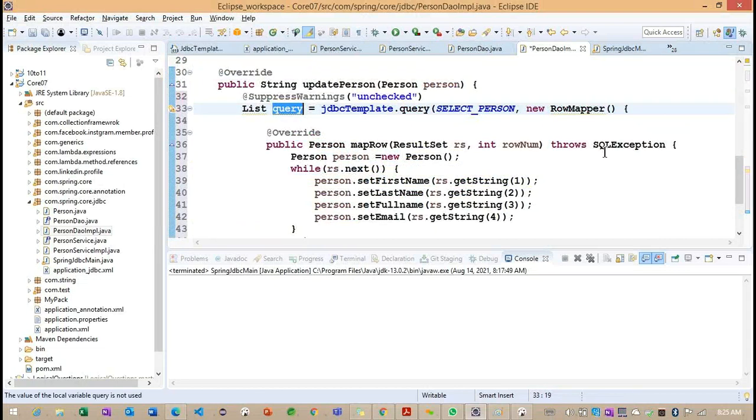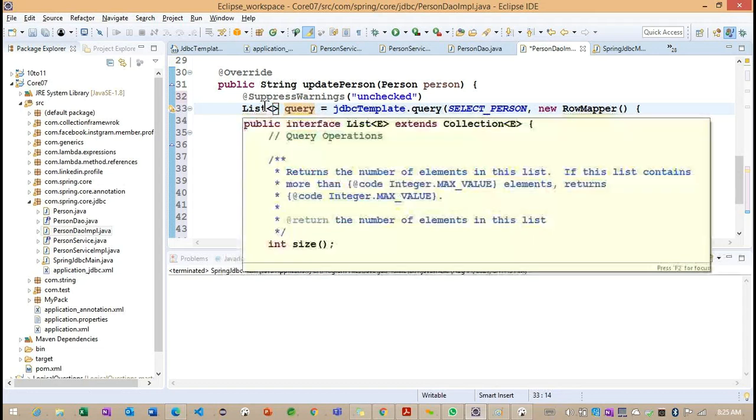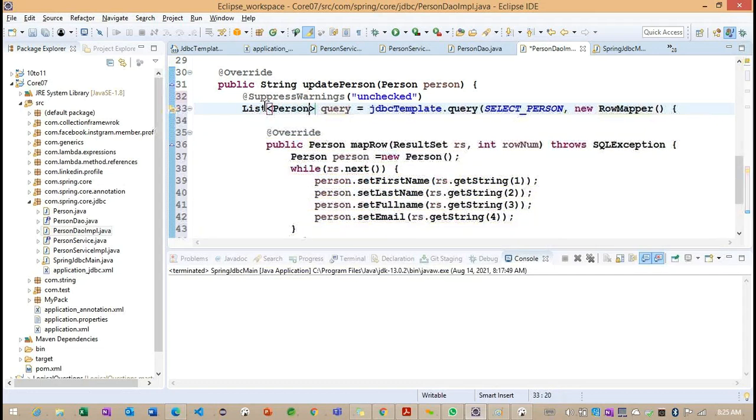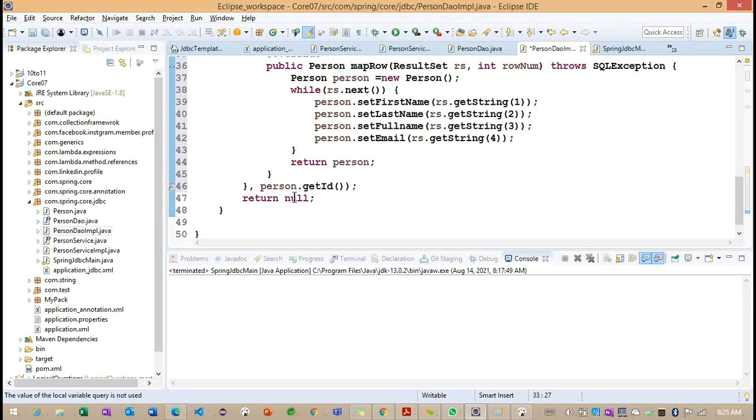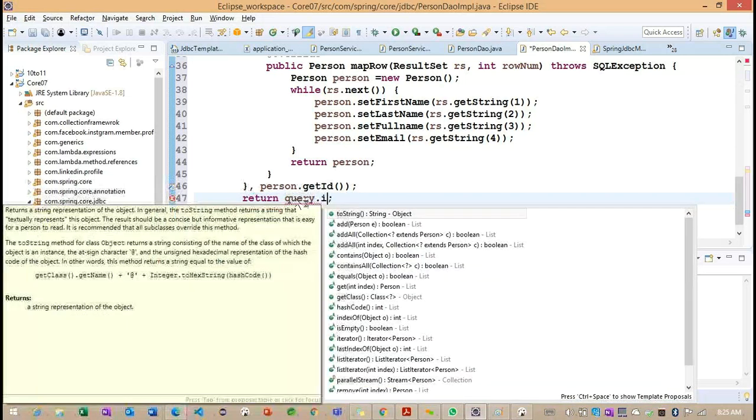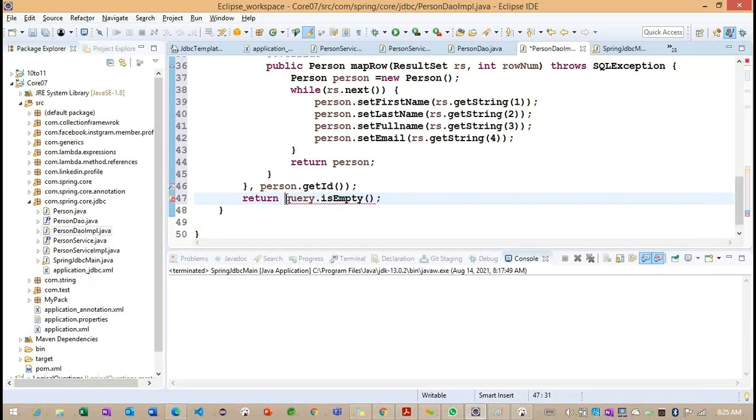Suppress warnings. And here now what we can do. So query dot is empty. If it is not empty, query dot get of 1. Otherwise null.